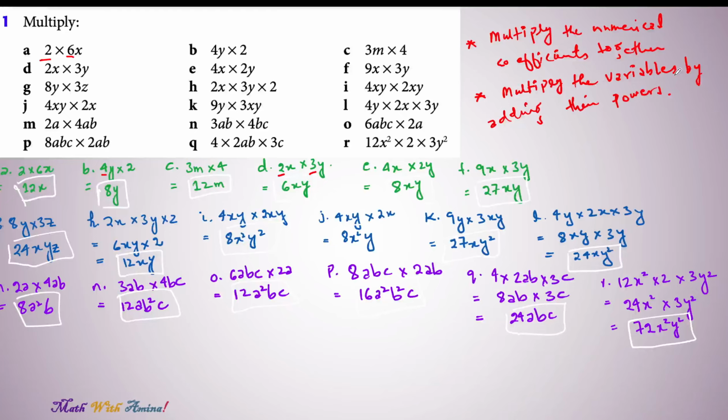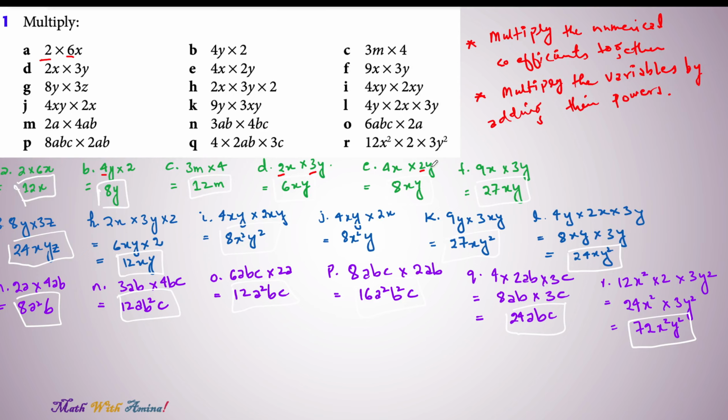Now multiply the variables by adding their powers. So x multiplied by y, since these are two different variables, x will remain the same and y will remain the same, but there is multiplication between the two, so it will become 6xy. Next we are having 4x multiplied by 2y, so 4 gets multiplied by 2, it will become 8,